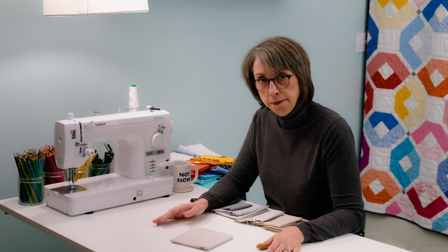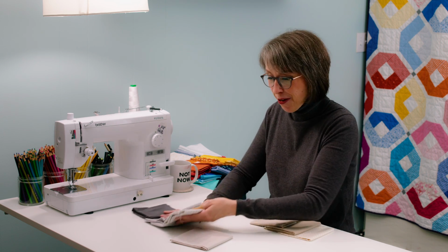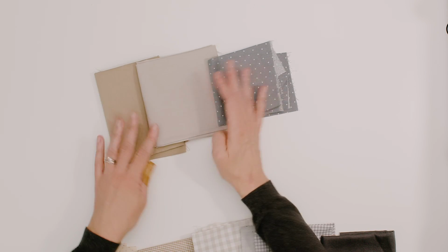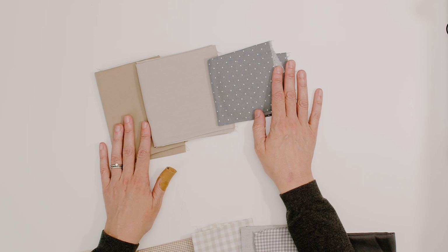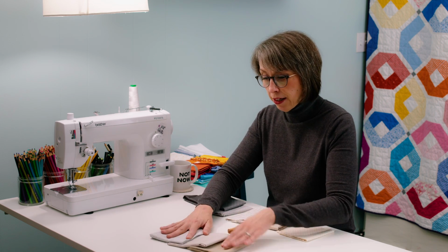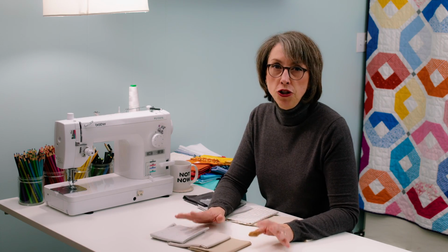When I first got this, I would have called this tan. And you might be thinking, it's gray. And it's because it's also gray. So when I put it up against this kind of gray, it looks tan. But when I put it up against this tan, it looks gray. Does that make sense? So tans and grays and neutrals, which are lovely together, are very much